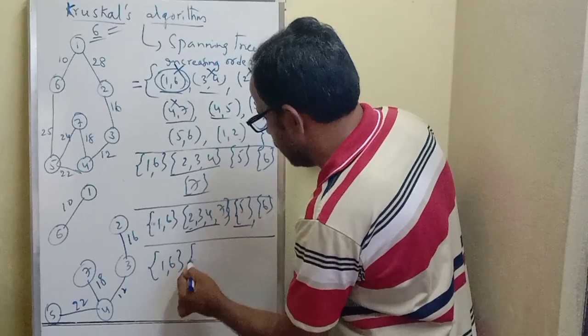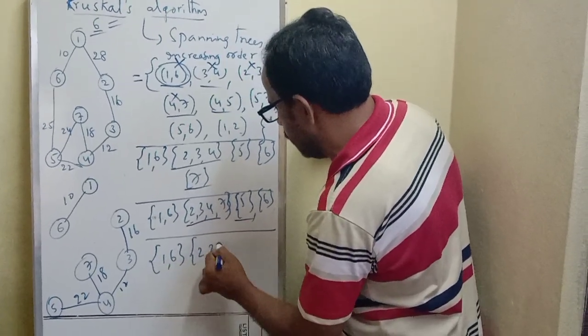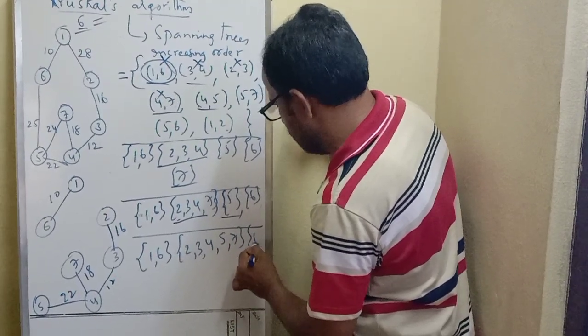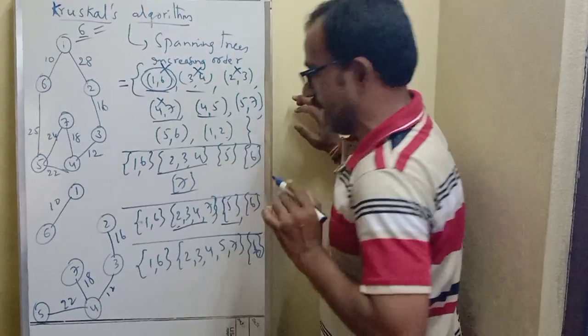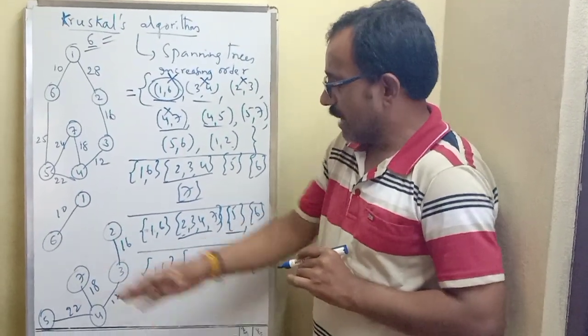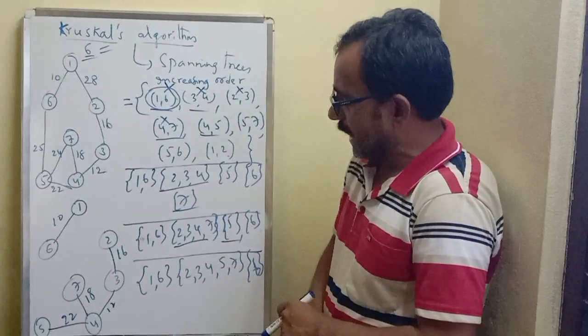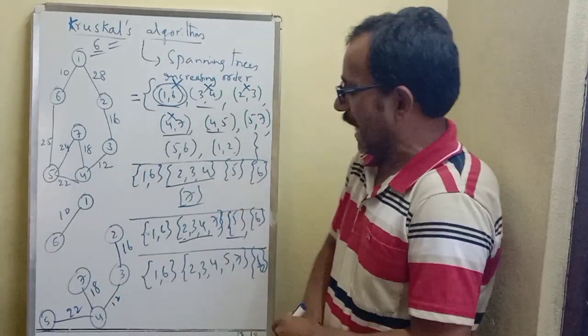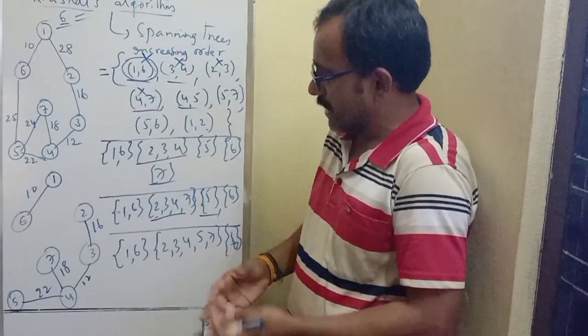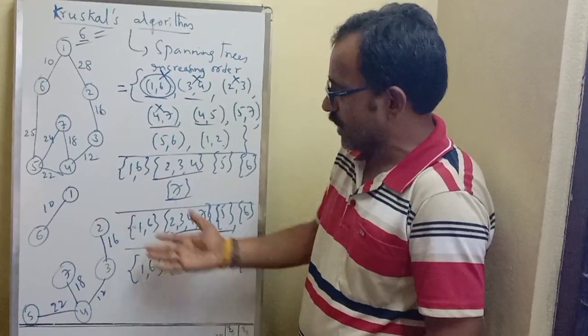Immediately update the set. Now we get the set as 2, 3, 4, 5, 7, and 6 is there in one set. So after including 4, 5, how many edges have we included till now? These are 4 and 1, so 5 edges we have already included. Then one more edge is required, and that edge may be between 7, 6, or 2, 6, or 5, 6.